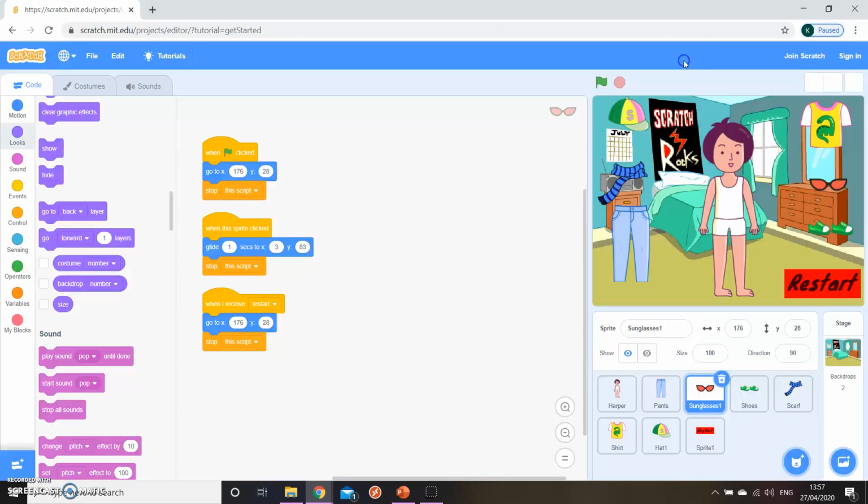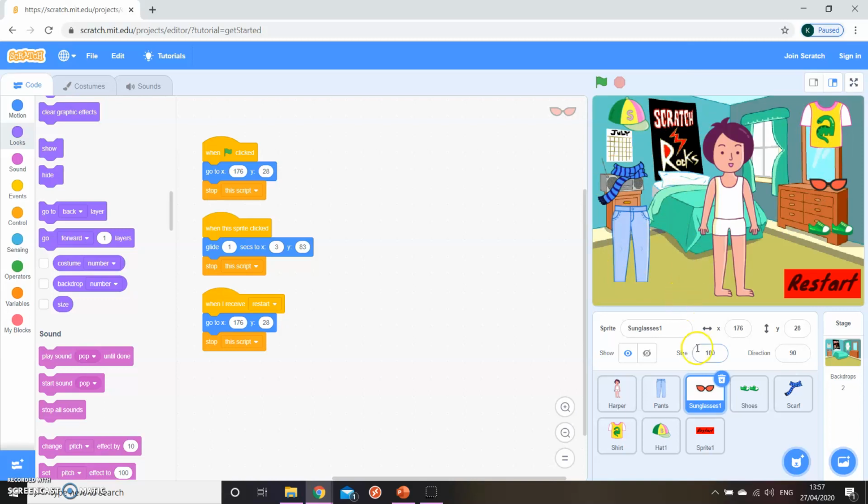A couple of things I wanted to show you, however, is what you can do to make your coding a little bit easier. Okay, so you will get the task sheet that shows you all the code and all the coordinates, and it works for these specific objects. Okay, so I've not changed anything, I've just left them how they are. I'll show you in a wee second how you can change the costumes and stuff. Okay, but it works for them just if you use the default